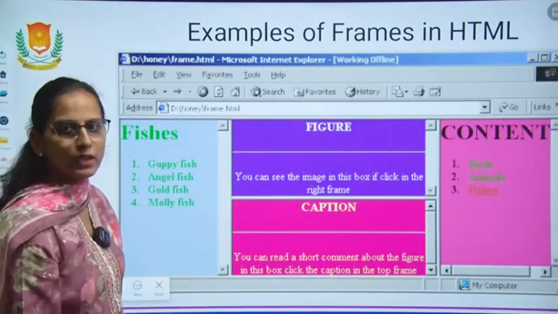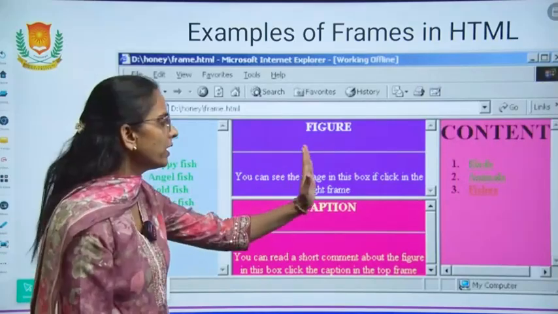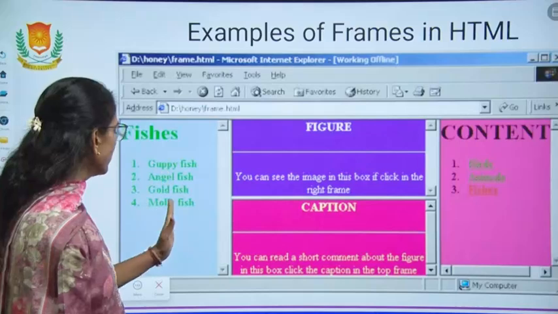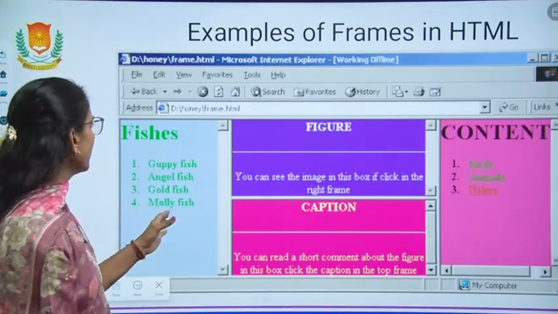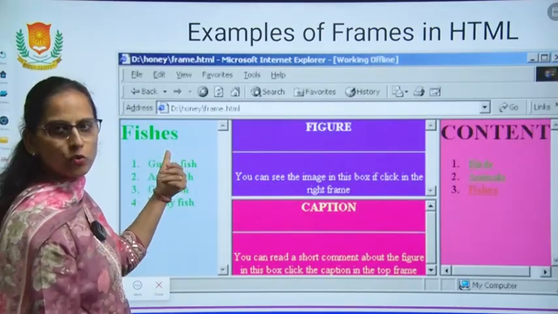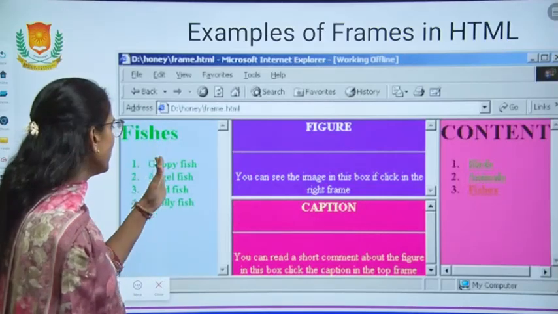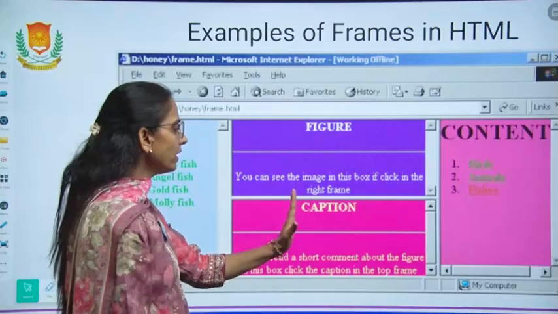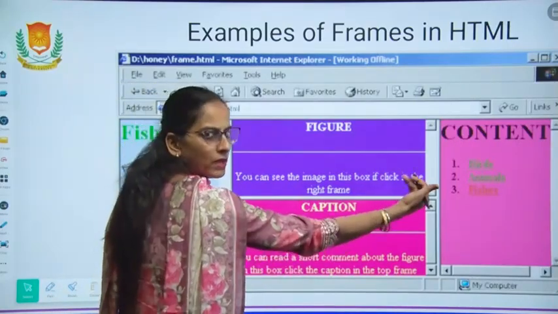Now here we have taken the example, first three horizontal vertical blocks. The first one is a vertical block where the fishes.htm document is opened and descriptions of multiple types of fishes are given. The middle block is a little bigger than the other sides.